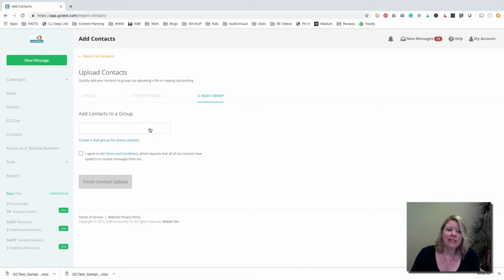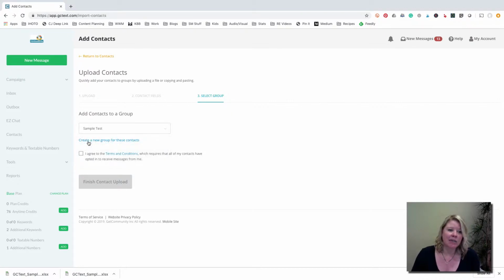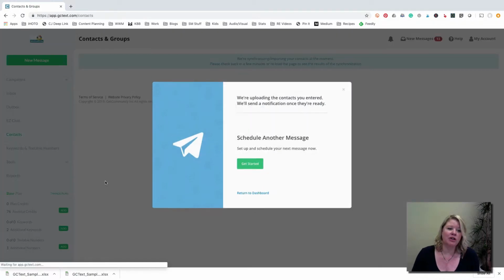This part is important if you want them added to an existing group. Like let's say you have multiple keywords and groups that you're texting on behalf of your brand, then you're going to want to select where you want this list to go. I'm going to put them into my sample test list, but you can see all my groups will show up. I'm clicking sample test, I agree to the terms and conditions,